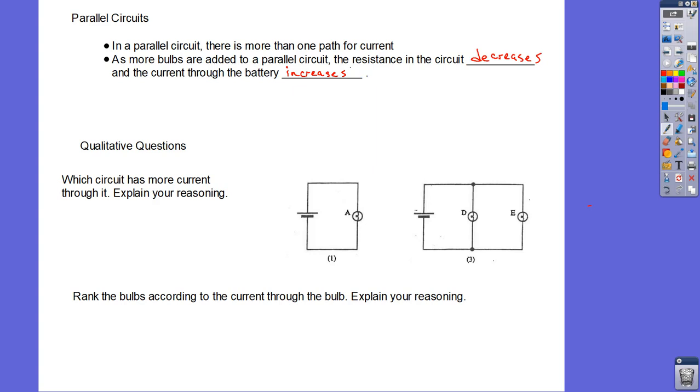So the people going through the store are the current. They're trying to flow out, but they have to get through that. If you open up another checkout lane, then you've made it easier for the current to flow. You can get more people through there per second or per minute or whatever. Okay,